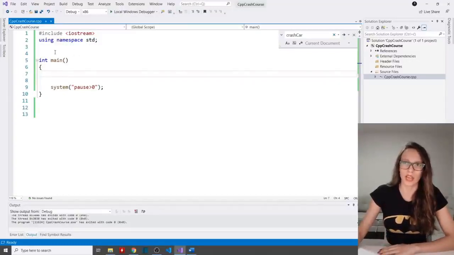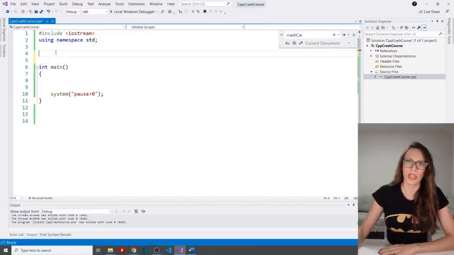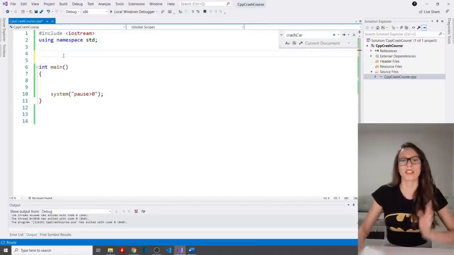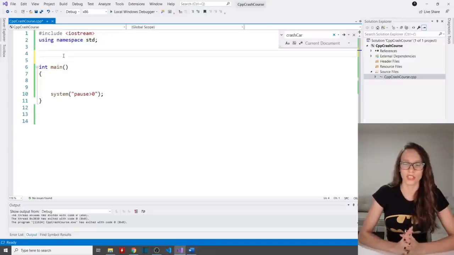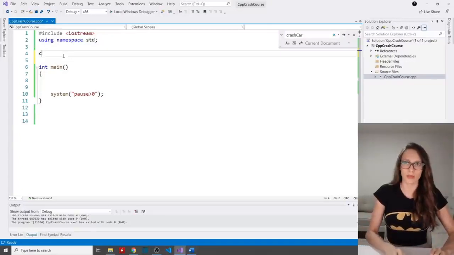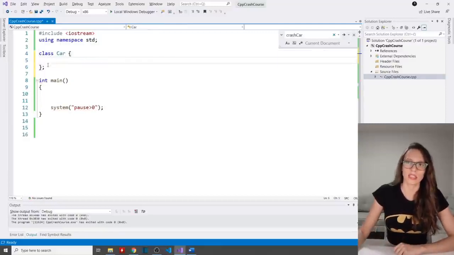Well, in order to do that, I'm going to go here, and let's create a class that is going to be called car, for example. So I'm going to type class, and then I'm going to give it a name, car, like this, and don't forget to put this semicolon at the end.